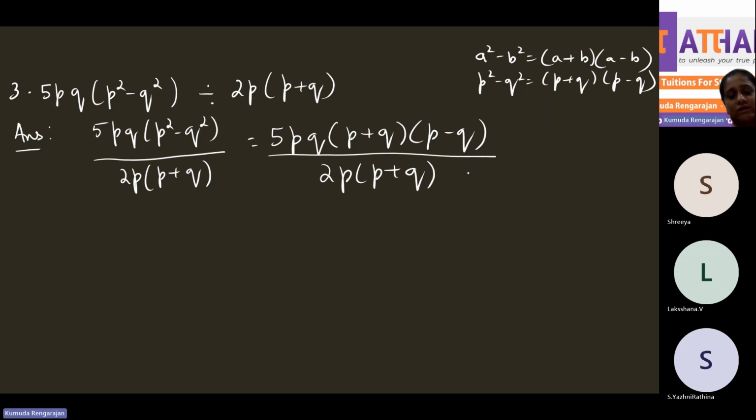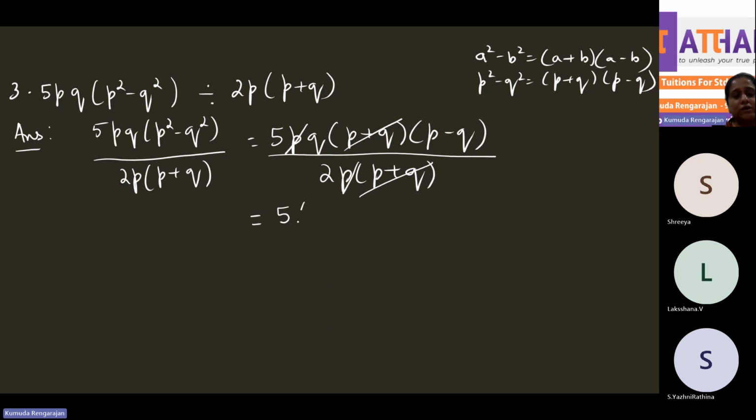Now you see in the numerator and in the denominator, it's a product everywhere. It's 5 into p into q into p plus q into p minus q. It's a product. The denominator already is a product, 2 into p plus q. So now you can simplify, meaning you can cancel p plus q, p plus q in the numerator and denominator. P and p here cancel. So we are left with